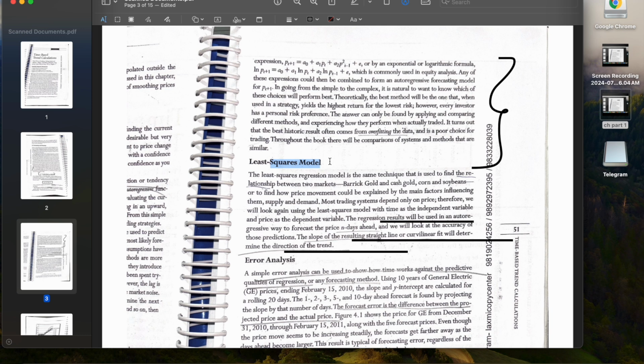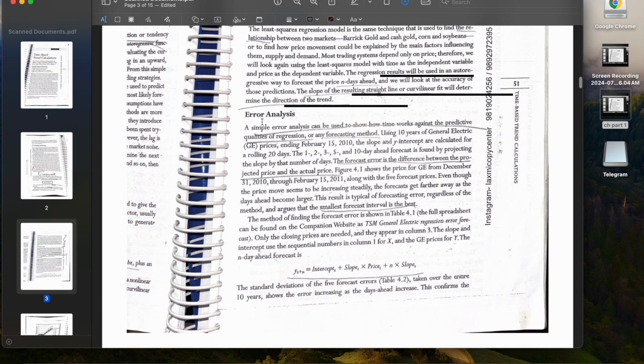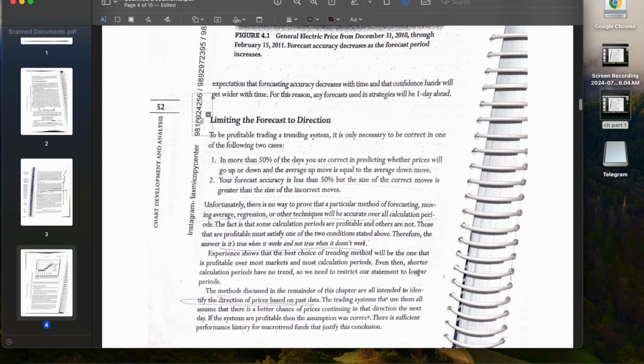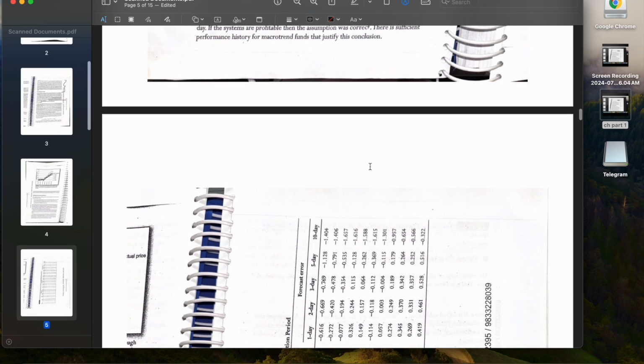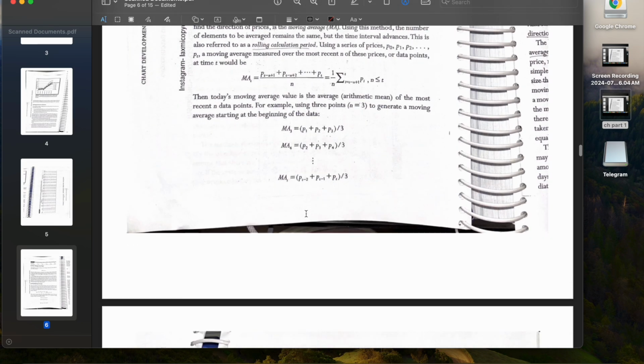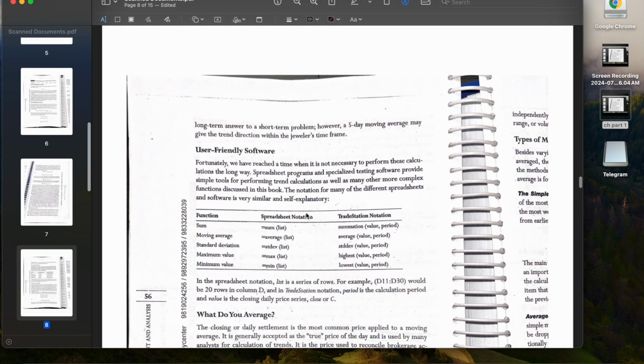And we also saw what the independent variable is and what the dependent variable is. Again, time is always independent and price is always dependent. And then we saw what an error analysis is and the difference between the actual price and the projected price. And we saw what the limitations are. So there are two things: you need to predict either the direction, or you need to predict the percentage of move. And then we saw the moving averages, and how they work,